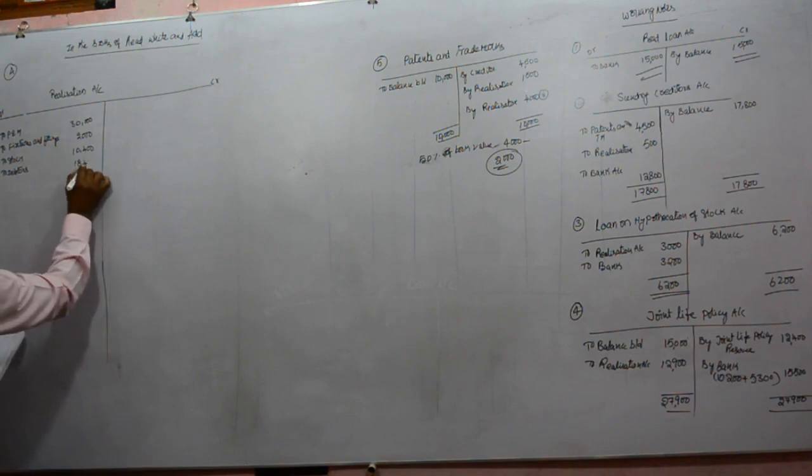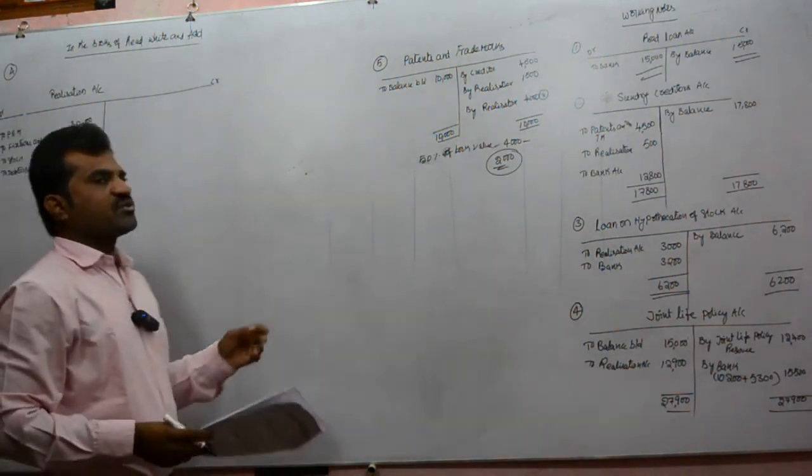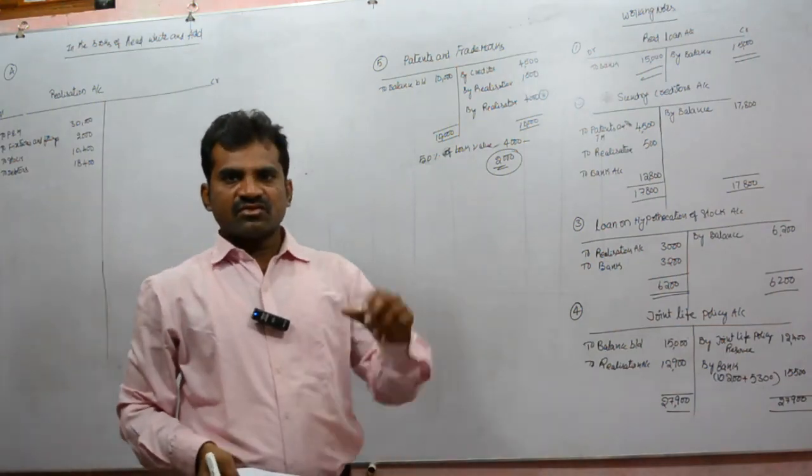Here debtors as provision is there in balance sheet. Those are two separate accounts, so we